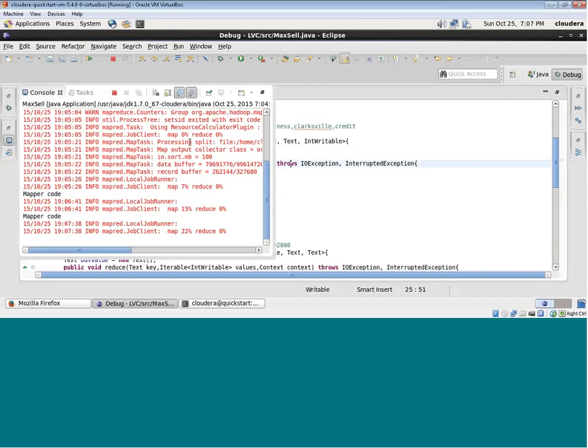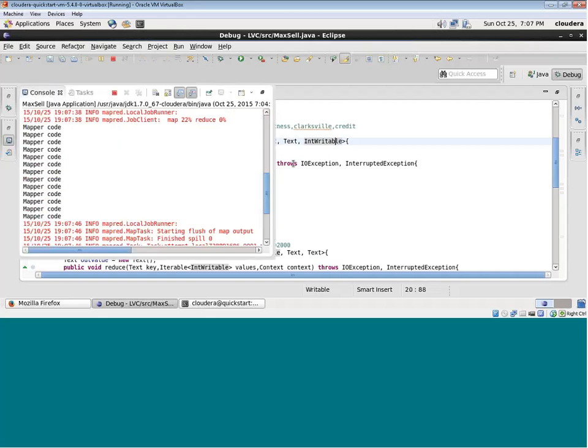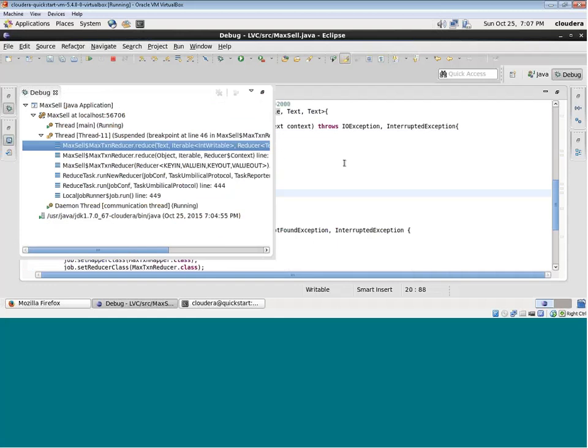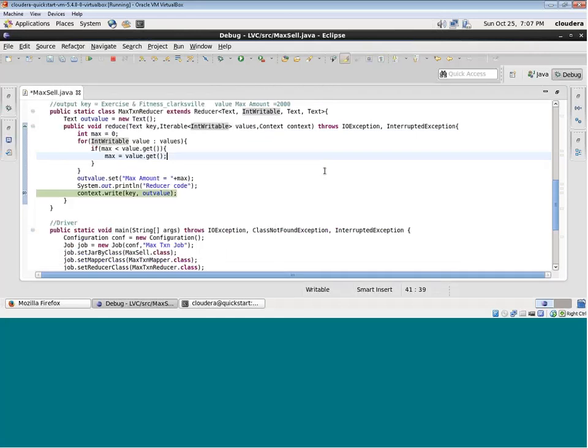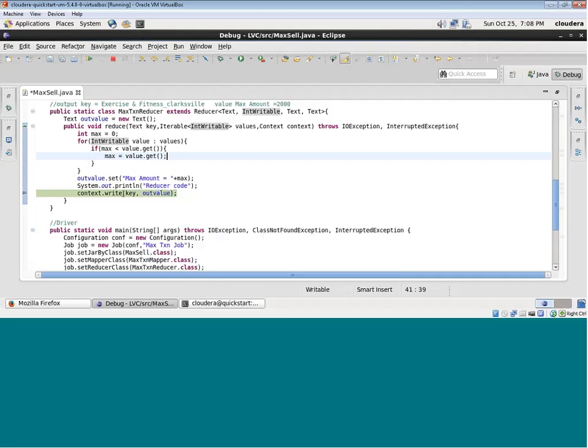Okay. So that's how you keep debugging it. Now if I remove that debugger and just press F8, that means the mapper would be completed and it will go to the reducer. Okay, where it says directly the right. So now here the output value is this, and the key will be,